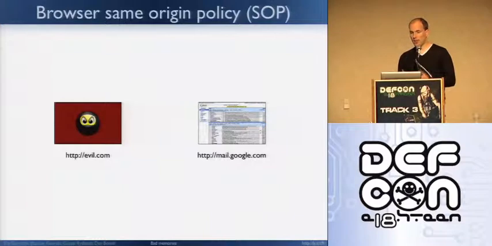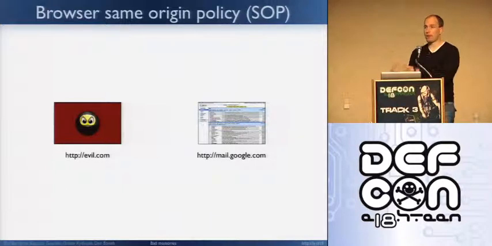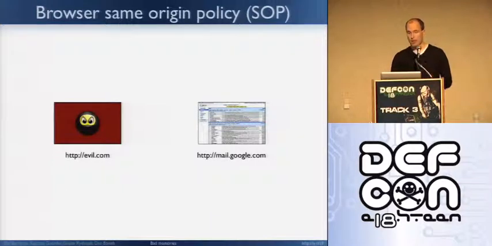It's basically meant to protect you when you are browsing multiple websites at the same time, because you have multiple tabs, or you have one iframe inside your page. The basic idea is the following. If you have two origins, say on the screen you have evil.com and mail.google.com, the same origin policy does something very simple,